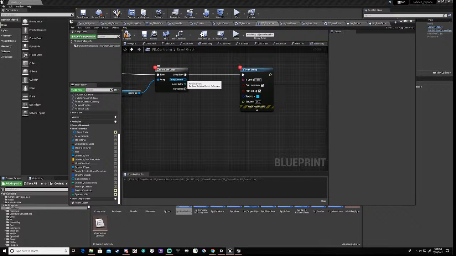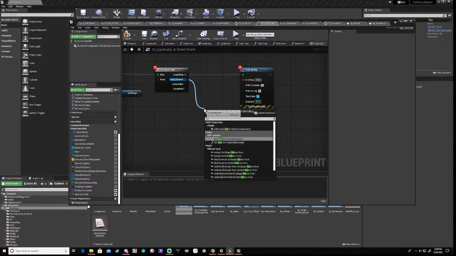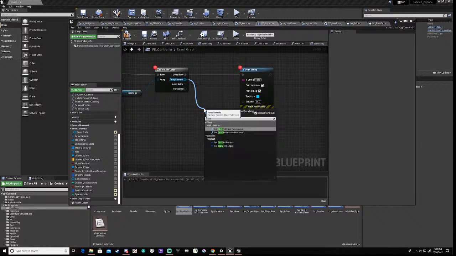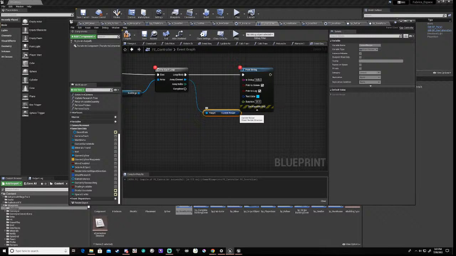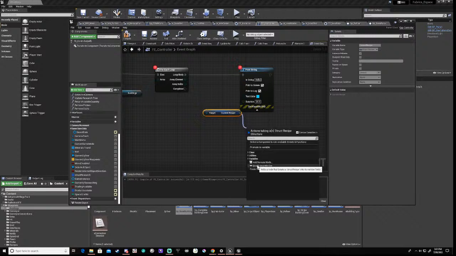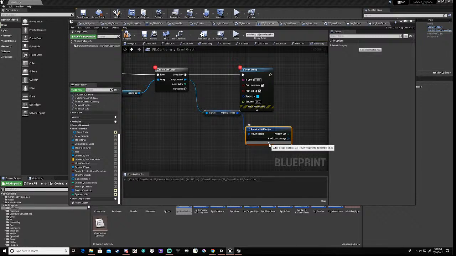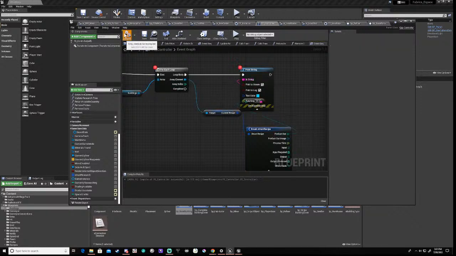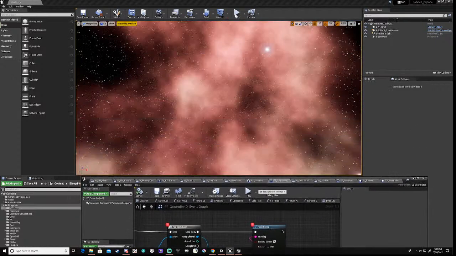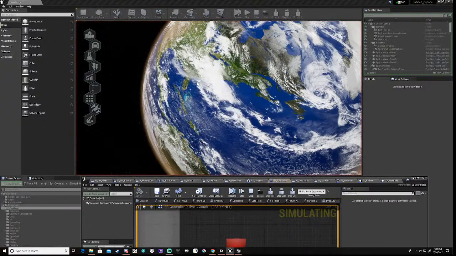So basically what we can do is we can pull off here and say current recipe, then break that and break that, okay, and then we can basically say that product out, okay. Now when we press play and continue,